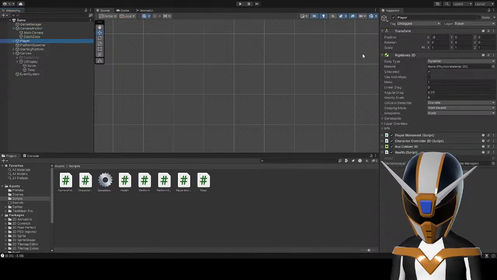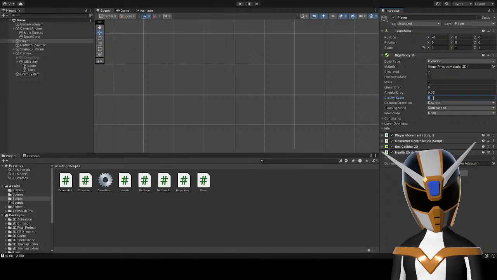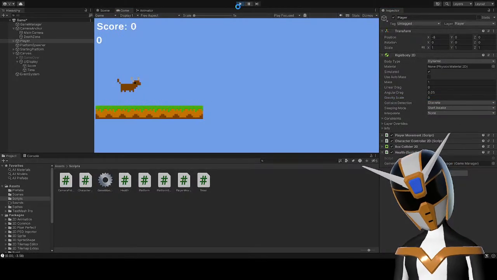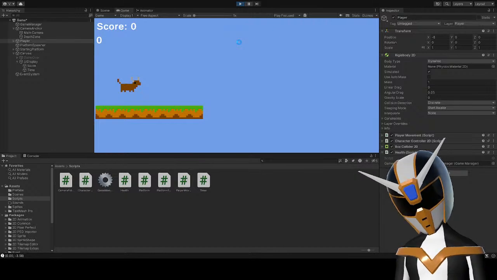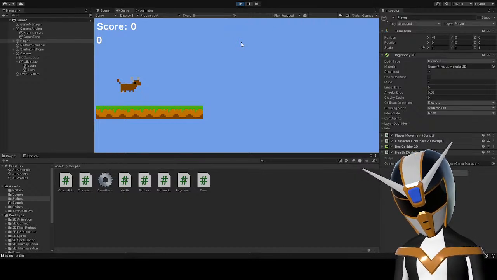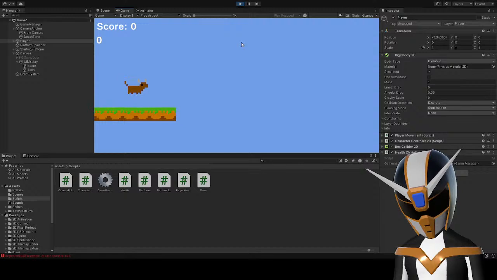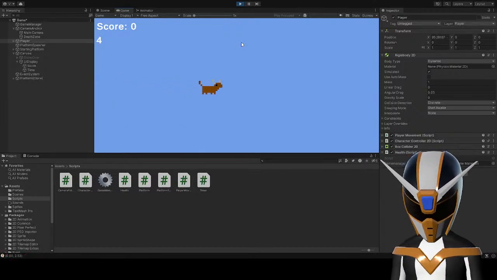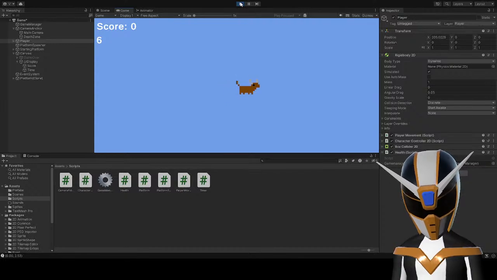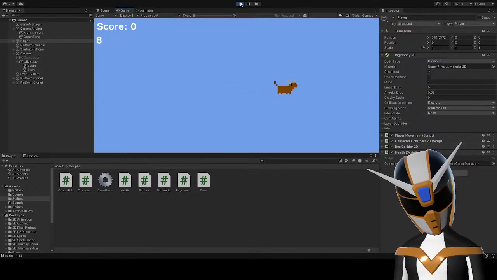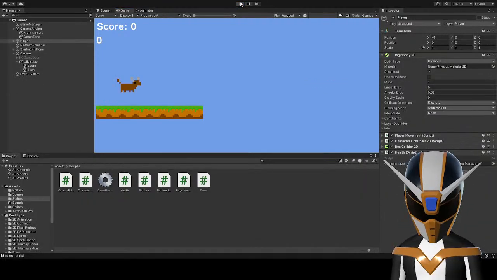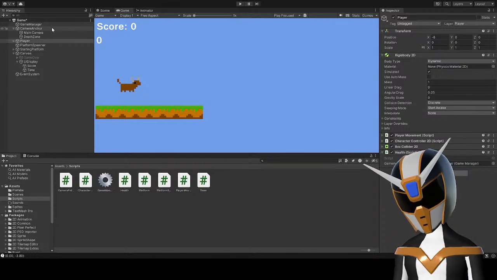Let's remember, I set the gravity scale to 6. Yeah, why does the camera not keep up? Oh, that's annoying.